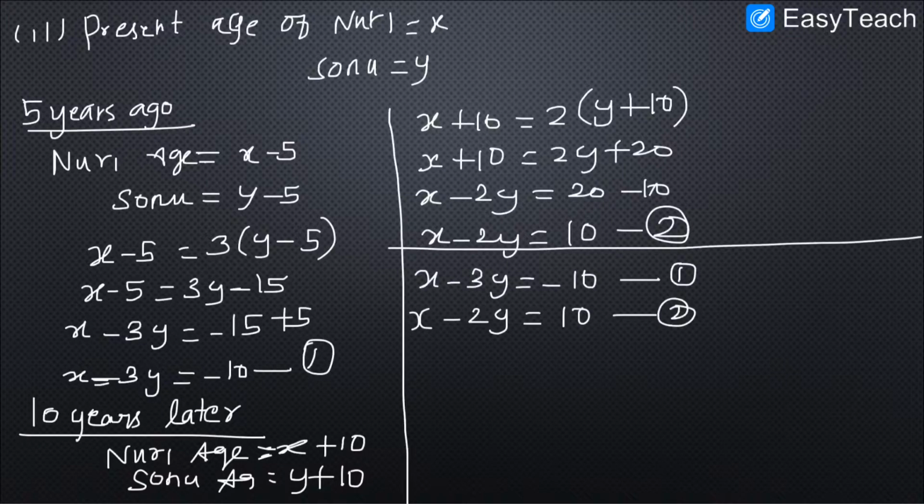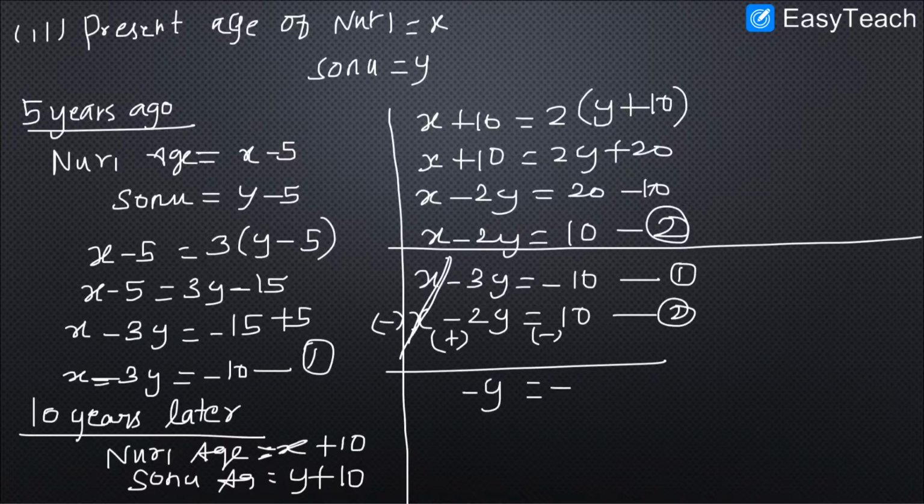This is our second equation. So this is our new pair of equations. Look at the two equations. If you want to eliminate a term and you subtract these two, the first term, x, will get eliminated. So I am going to subtract the second equation from the first. Let me change the sign: minus, plus, here minus. Let me cut the first term. So here minus y equals minus 20. Let me cancel the negative sign: y equals 20.